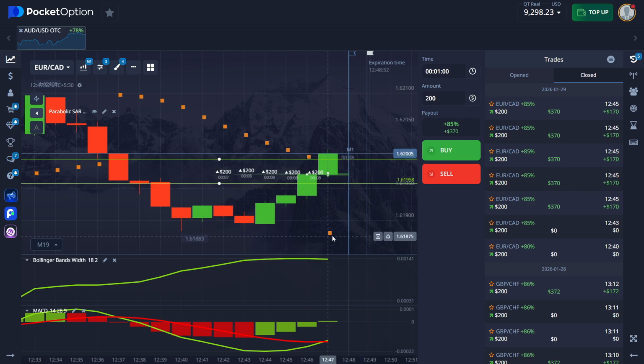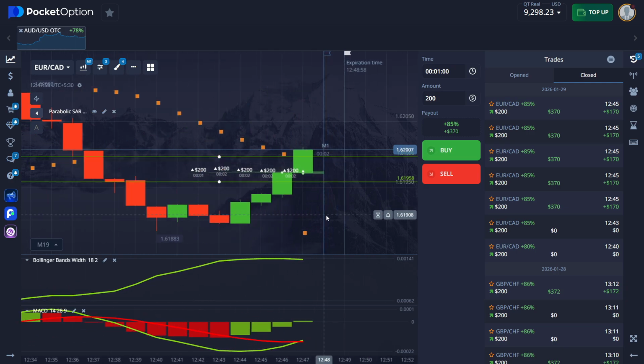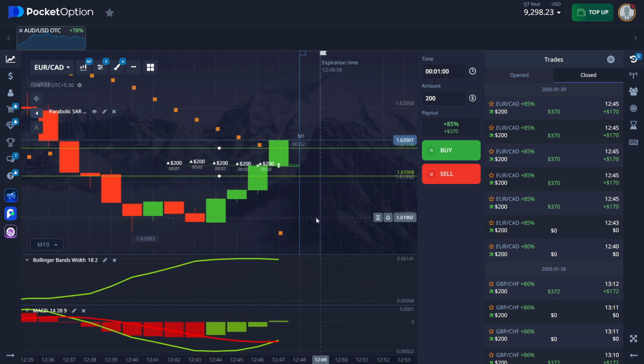So guys, if you are noticing, the Parabolic SAR is indicating the trend is surely going towards the upward direction, and I had estimated that earlier, and right now I am again in profit of $1,000. Initially I lost 2 trades of $400, but right now I am at $2,000 profit at the settlement ratio of 85%, and the trend is surely going towards the upward direction. Let it get refreshed first.